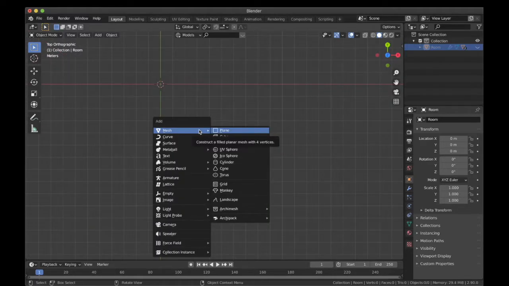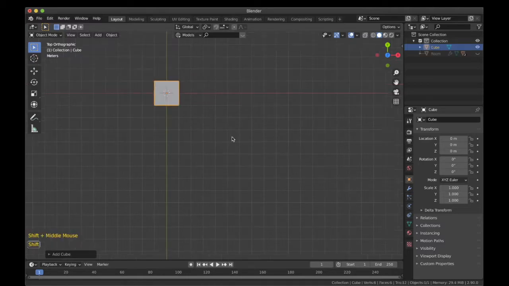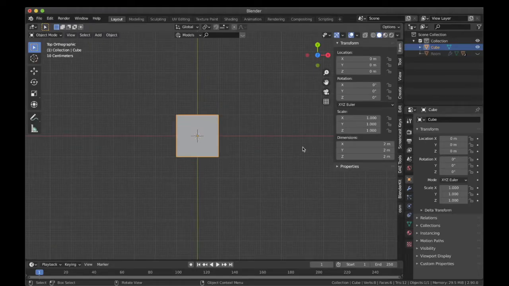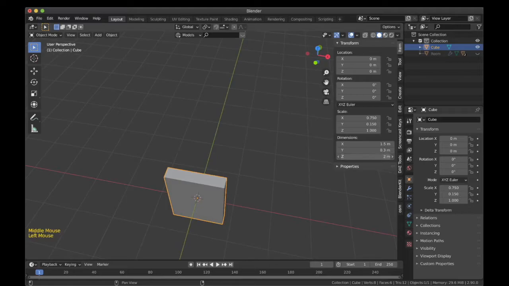First we'll start by creating the basic step. To do that, I will add a cube in the scene and give it some basic dimensions. The basic step will have a riser, which is the height of the step, and a tread where we keep our foot. The tread will have a width and a length. Length is basically the x-axis over here, which will be 1.5 meters. The depth of the step we will keep at roughly 0.3 meters. Now for the height of the step, we will change it to 0.1 meters.